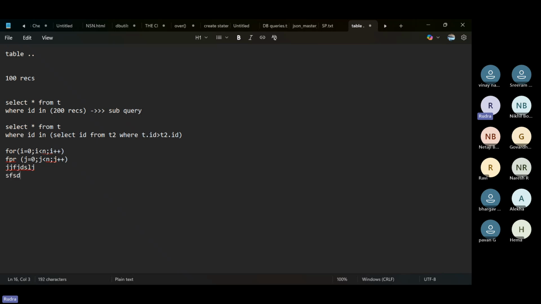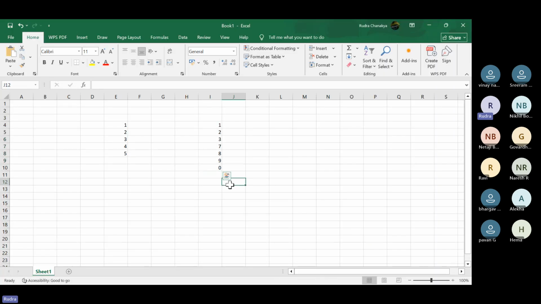What will happen here? For every i, it will execute multiple times inside the loop. Similarly, here, for every record of your outer table, it will compare against your inner table. If you don't understand, we can remove this. Yeah, that is how